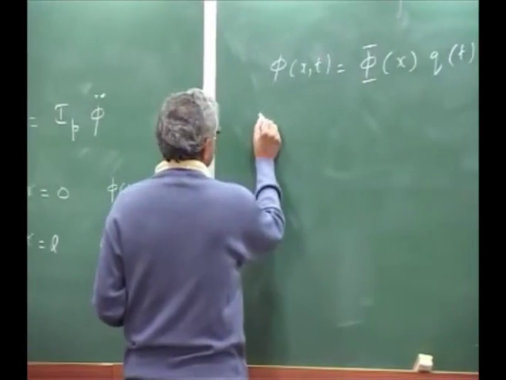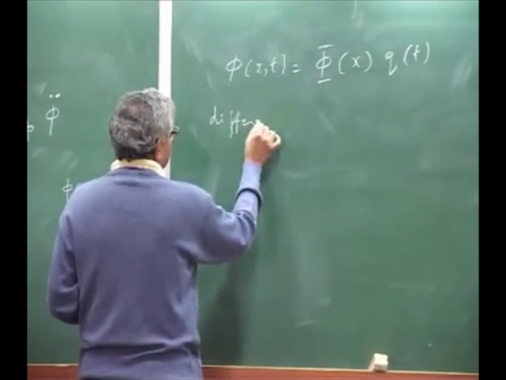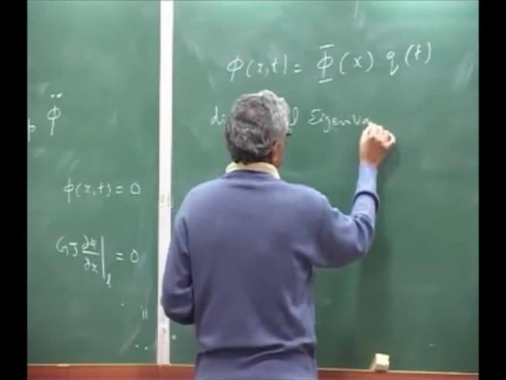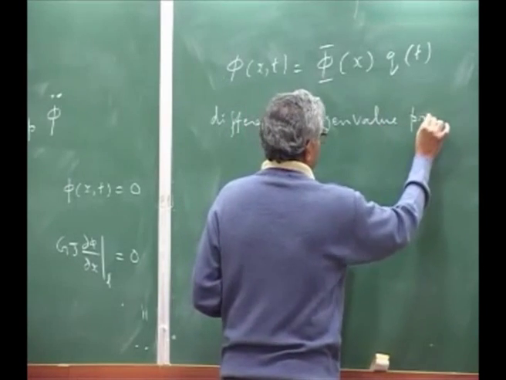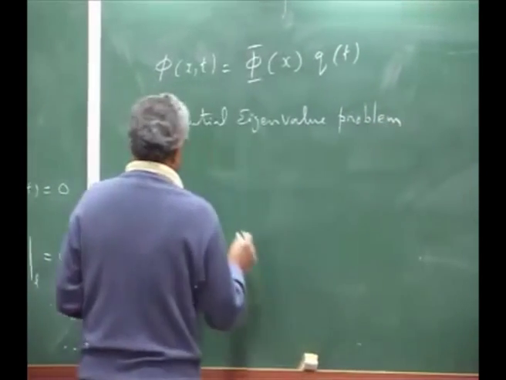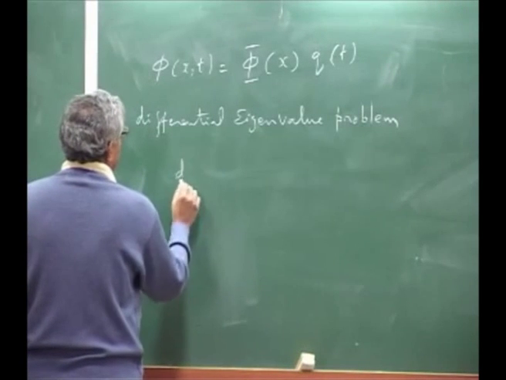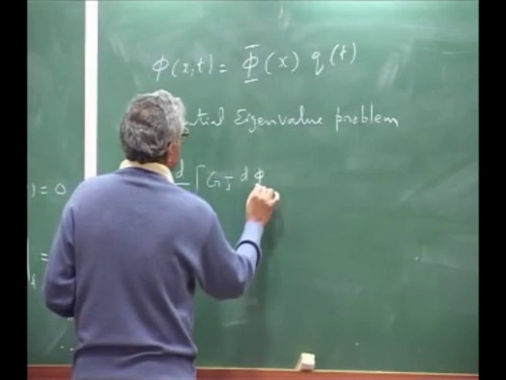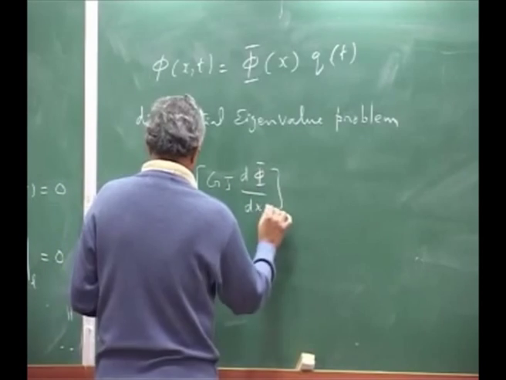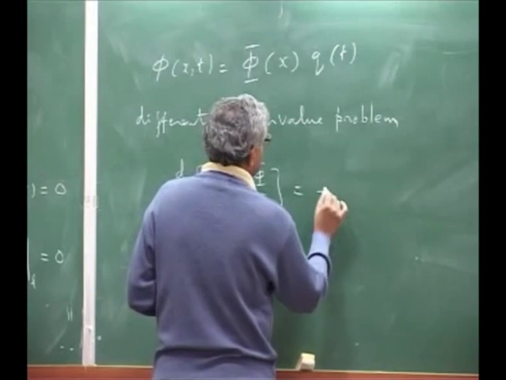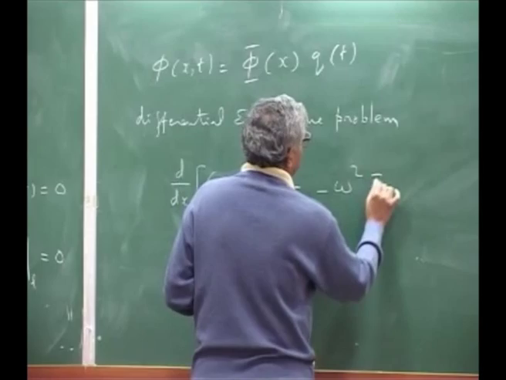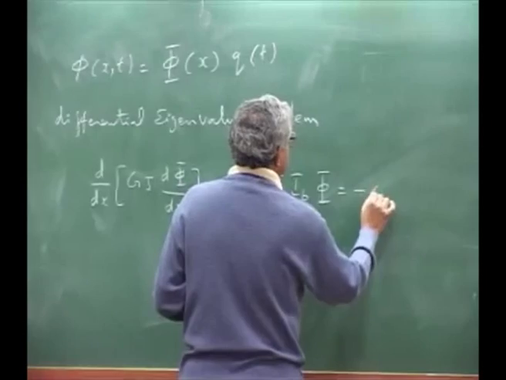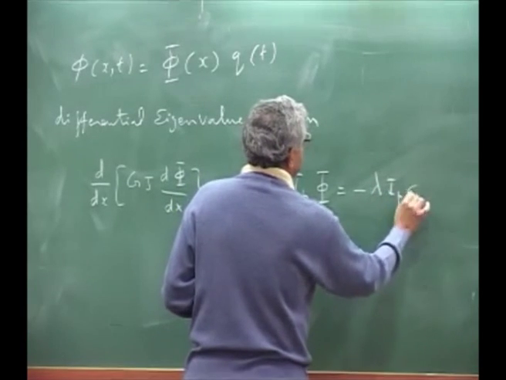So I am writing directly that differential eigenvalue problem. This becomes d by dx of GJ dP by dx equals minus omega square I_p P, or which you can write as minus lambda I_p P,